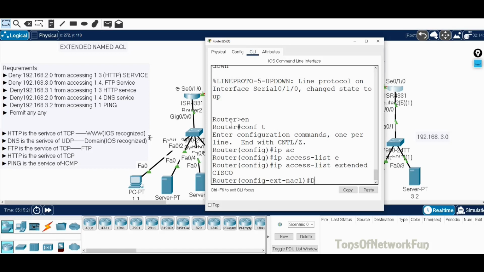So deny, first one is what? Deny. We are denying 1.4 FTP service. Okay. Deny what? So FTP is the service of TCP. Okay. We have to know our protocol. So FTP is a service of TCP, which means we need to say deny TCP. Okay. Now what? This is a complete network, so we don't need to say host. We just simply put